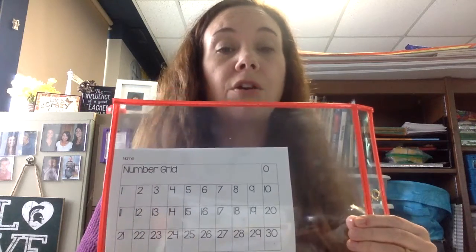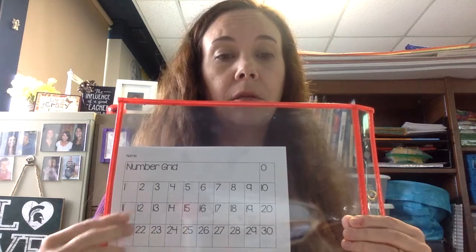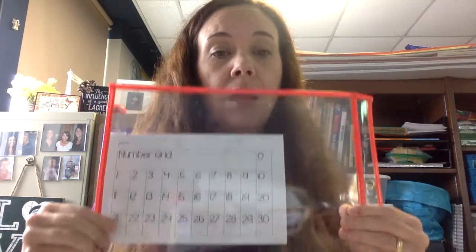So we're going to be picking out some patterns that we notice on our number grid. You're going to need some crayons or colored pencils, lots of different colors today, to work on your number grid. So if you need to, you can pause the video and go get those supplies. First thing I want you to do is we're going to notice